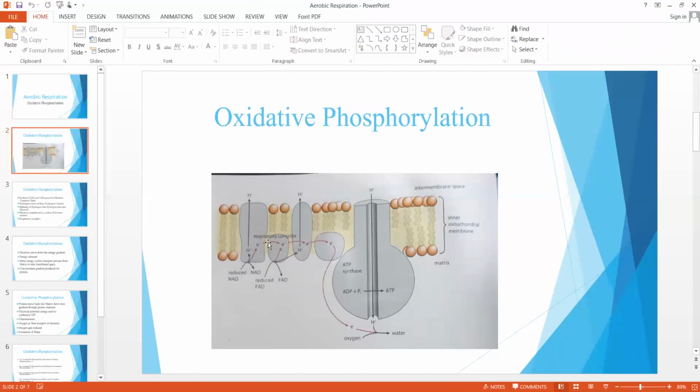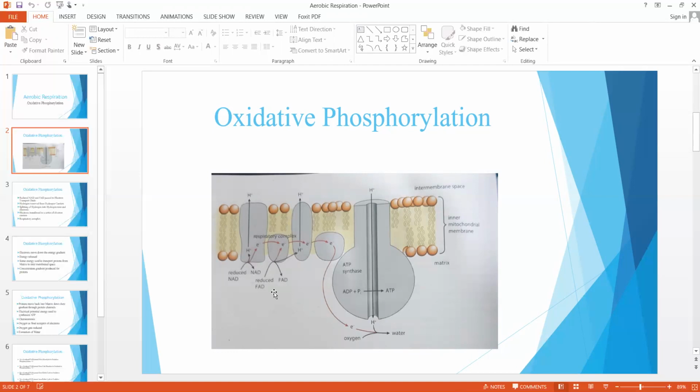The electron carrier present on the first protein is at a high energy level. The second electron carrier, present on the second protein, is placed at a lower energy level as compared to the first one. The third one is at an even lower energy level than the second one. The fourth one is placed at an even lower energy level than the third one. So these proteins are arranged in such a way that electrons can be passed from one carrier to another down the energy gradient, right?